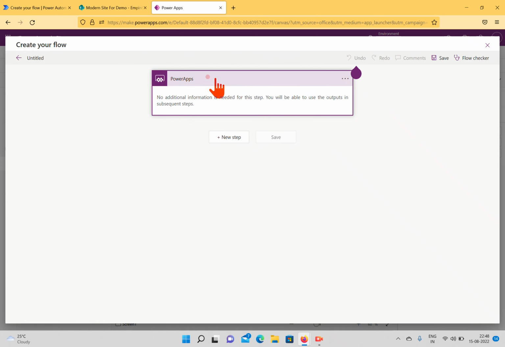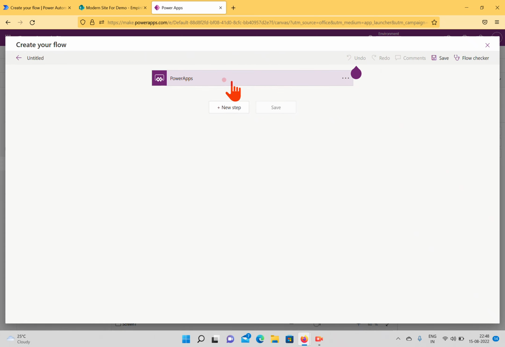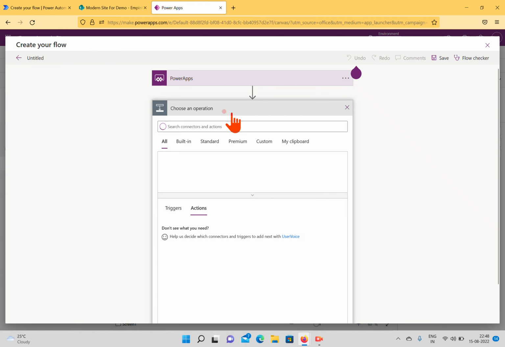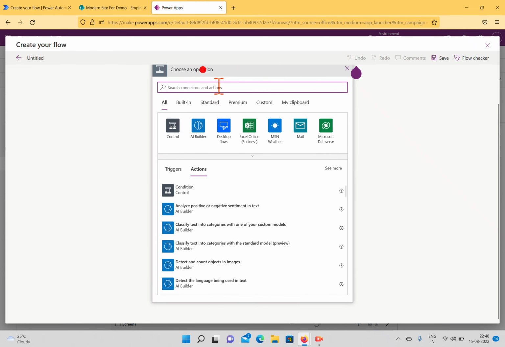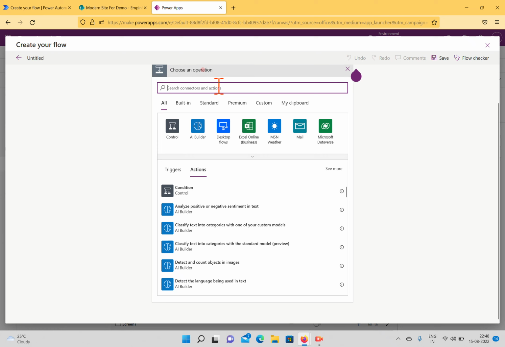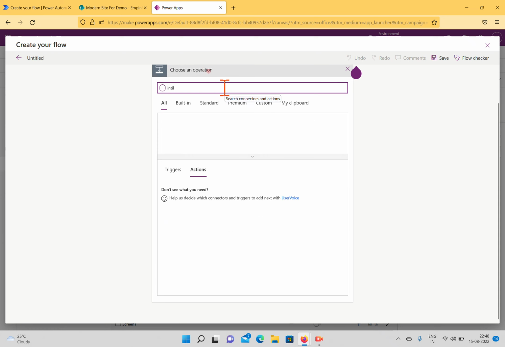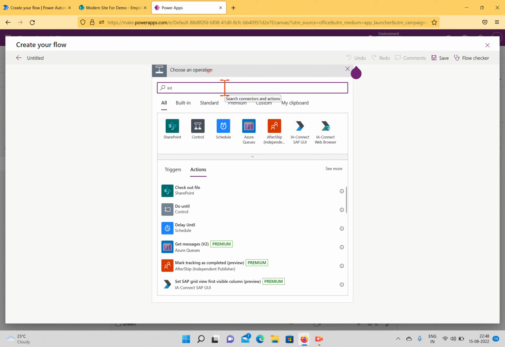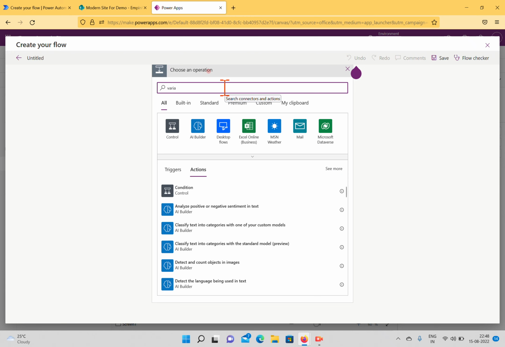So the initial step, you can see Power Apps. Here you no need to do any configuration. And the first step, what I want to take is I want to declare the variable. So these variables we already discussed in the previous session. I'm trying to initialize the variable here. So for that, I'll type this variable,